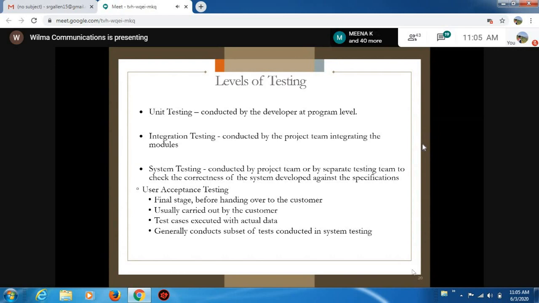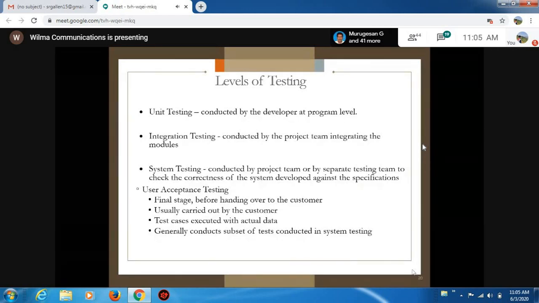So we have something called a software release metric. If you want to release the product, your product should reach a certain parameter. If your product meets that certain parameter, you can release your application.